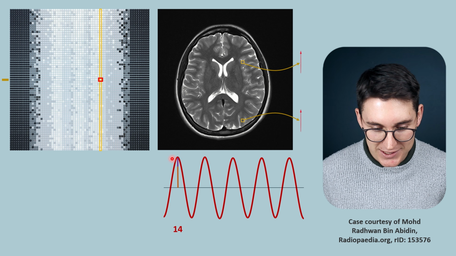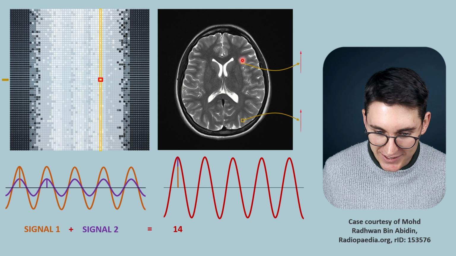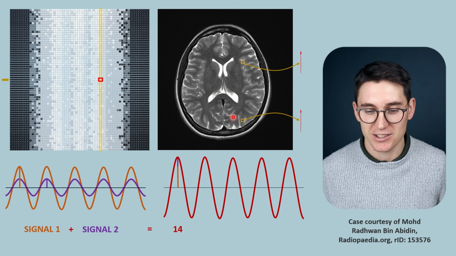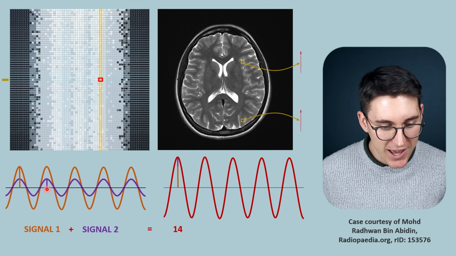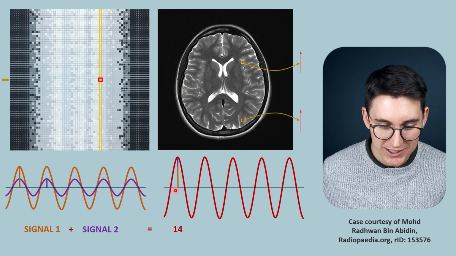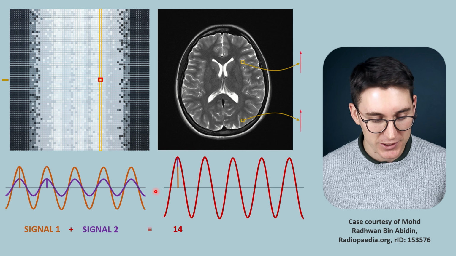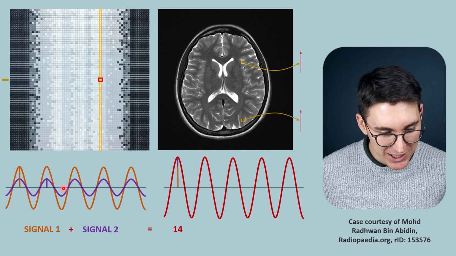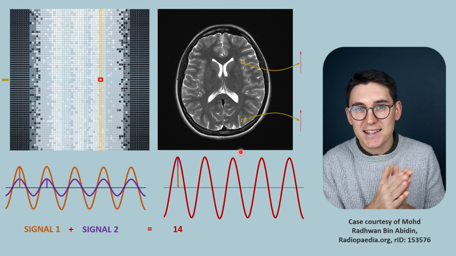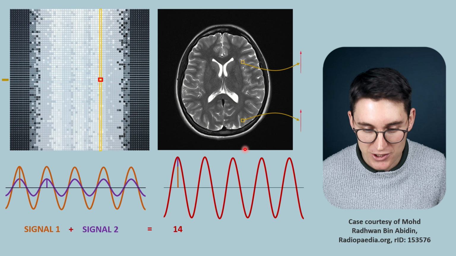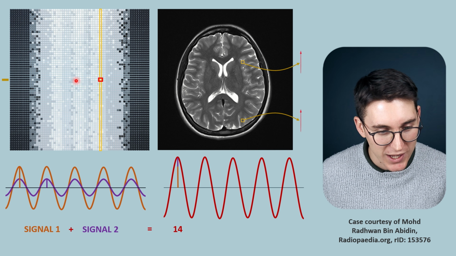Now we know that this signal is a combination of both of these signals here. We're assuming that these pixels are the only thing that's contributing to signal along the x-axis. Now the amplitude from our first signal added to the amplitude of our second signal will give us the amplitude of the total signal that we're measuring from this x-axis point. Now these net magnetization vectors have the same frequency because they're at the same x-axis location. They're at the same frequency encoding gradient location. Not only do they have the same frequency, but they're in phase with one another because we haven't applied a